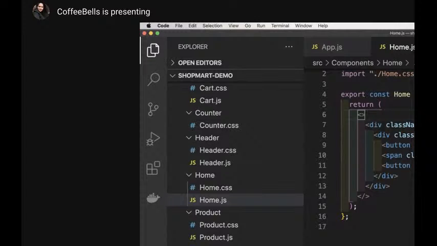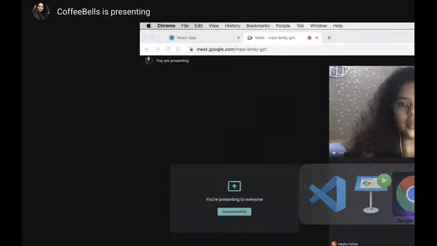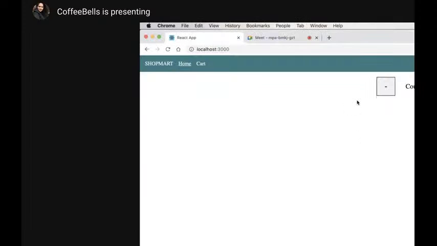So in the home component, I have put a container, a counter, and then signs and a count. If I show it to you, this is how it looks. Right now there's routing on top, there's a header, and then there is a counter which says plus and minus. But right now the initial value is not set, we don't have any state in the component. So let's try to put in the state in the home page.